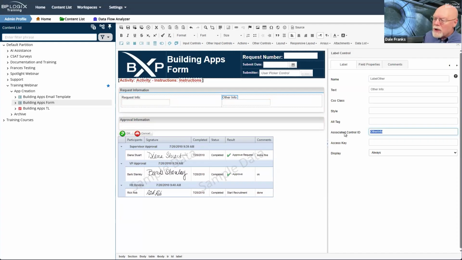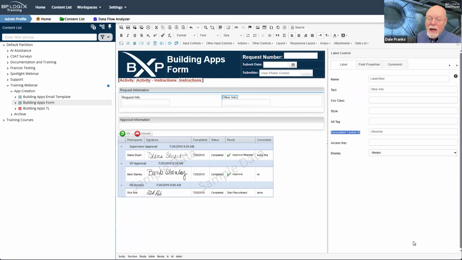When the associated control ID is set, that associates a label with a control, that label essentially becomes, at least in HTML terms, part of the control itself. It is an integral portion of the control, or at the very least, it is treated in the browser as if it was an integral portion of the control. So you should just know that that's how labels work.